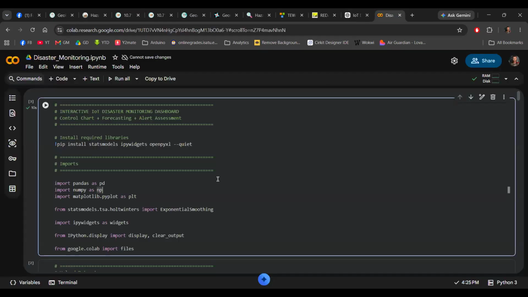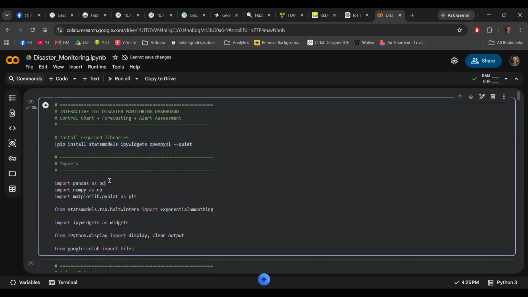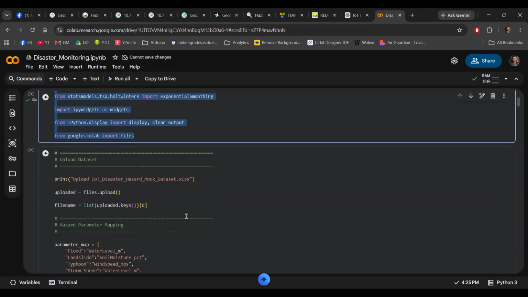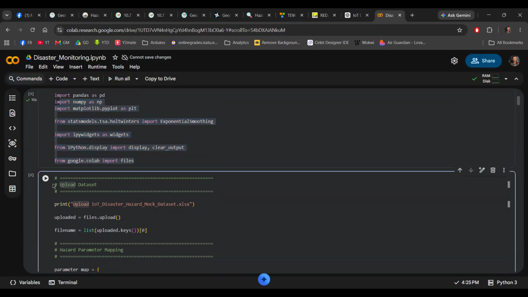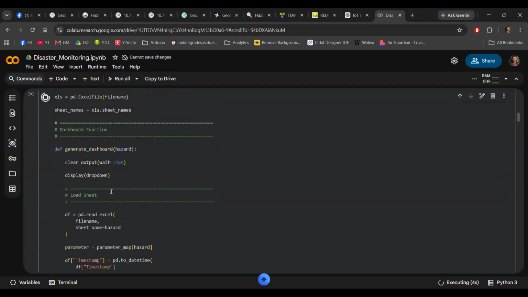So I copied that, went to Colab, and created a new notebook. In a cell, I pasted the code, but I separated the first half, this one. I already ran it in advance because it takes a while, since it imports the necessary libraries for running the code. The rest of the code is in the second half. Then click the run button. As you can see, it's loading.